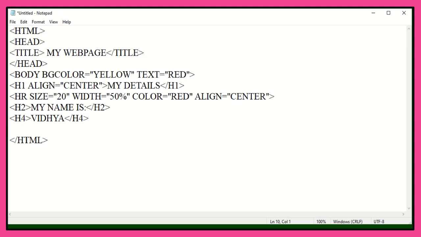And I would like to display my school name. Again I am making use of the H2 tag, second level of heading. My school name is colon, closes H2 tag.